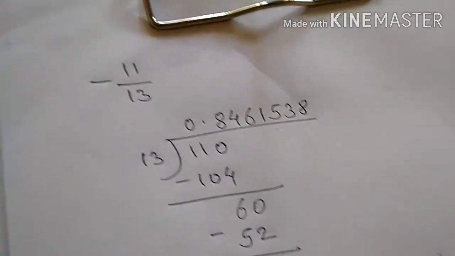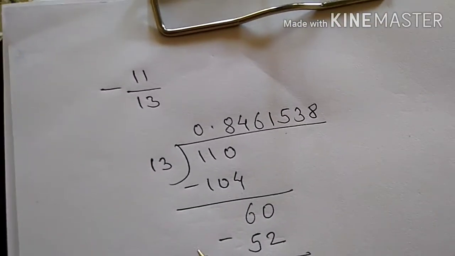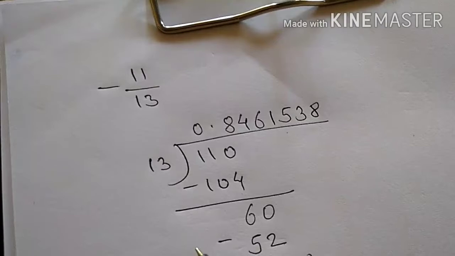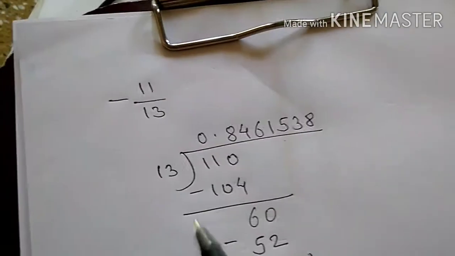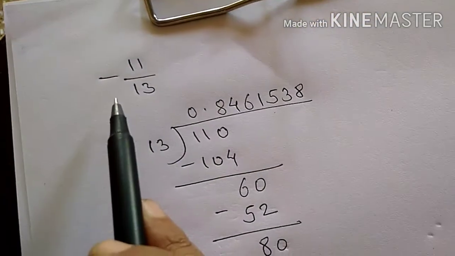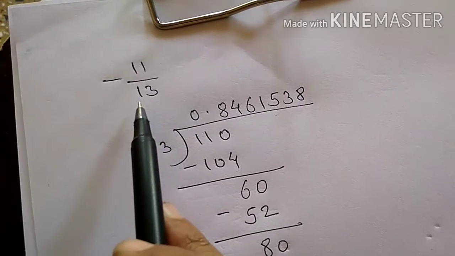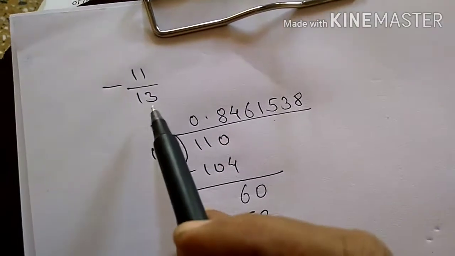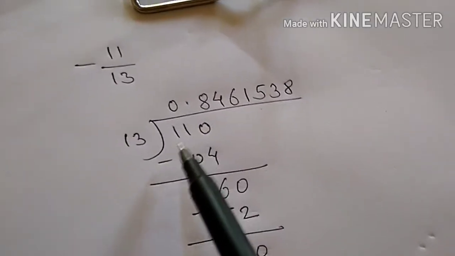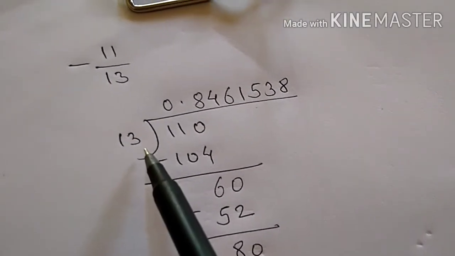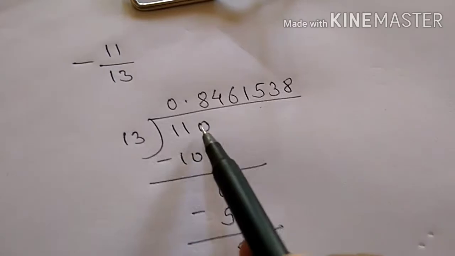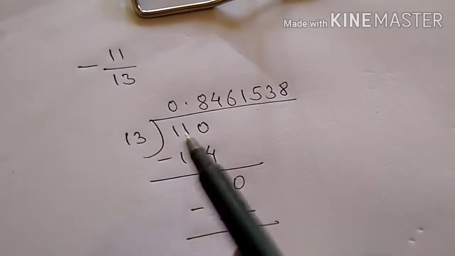Now the further example is minus 11 upon 13, the fifth question of practice set 1.3. Here the rational number is given. You have to write it in decimal form by the division method. But this rational number is negative. First you take only the number, that is 11 upon 13. I take further 0 and write the decimal form.